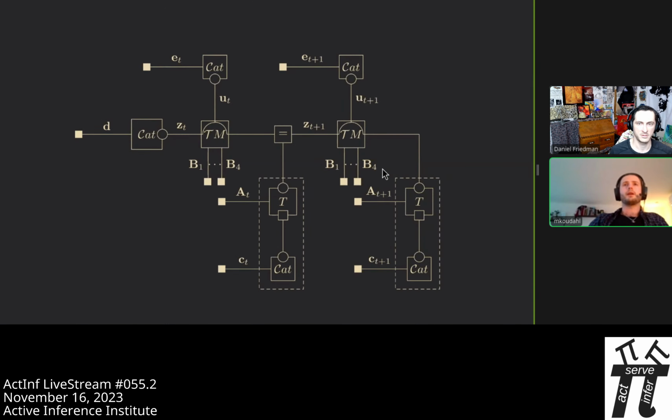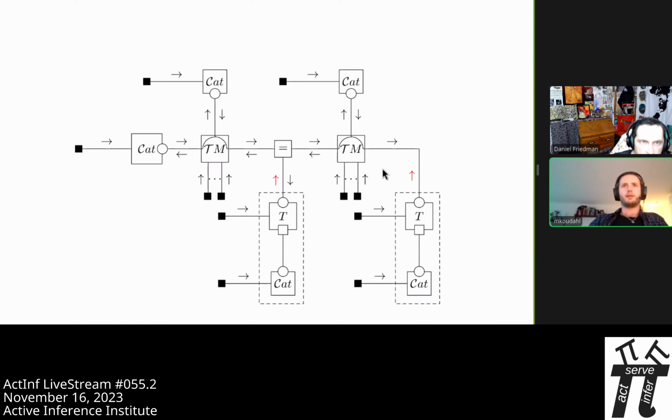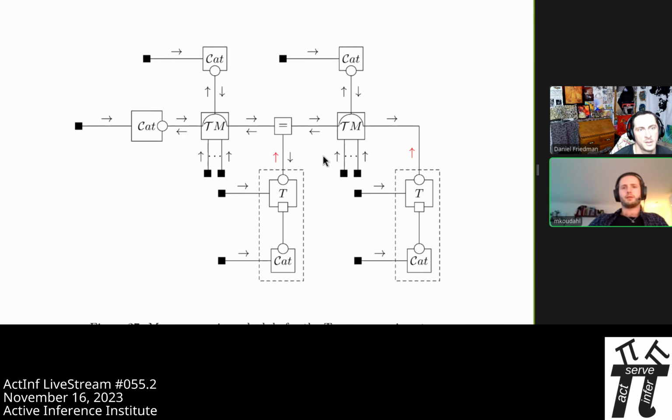Exactly. So what we can actually do here is look at the schedule that's going on. This shows us the exact way that messages are flowing under the hood in the code. And the main thing that's different to most other approaches is that we have things flowing backwards. We have these red ones here flowing in the opposite direction. So this is information flowing from what we think the future is going to be towards the present. And what this is telling us is, given that I want to end up here, and I reason backwards, what should I do?